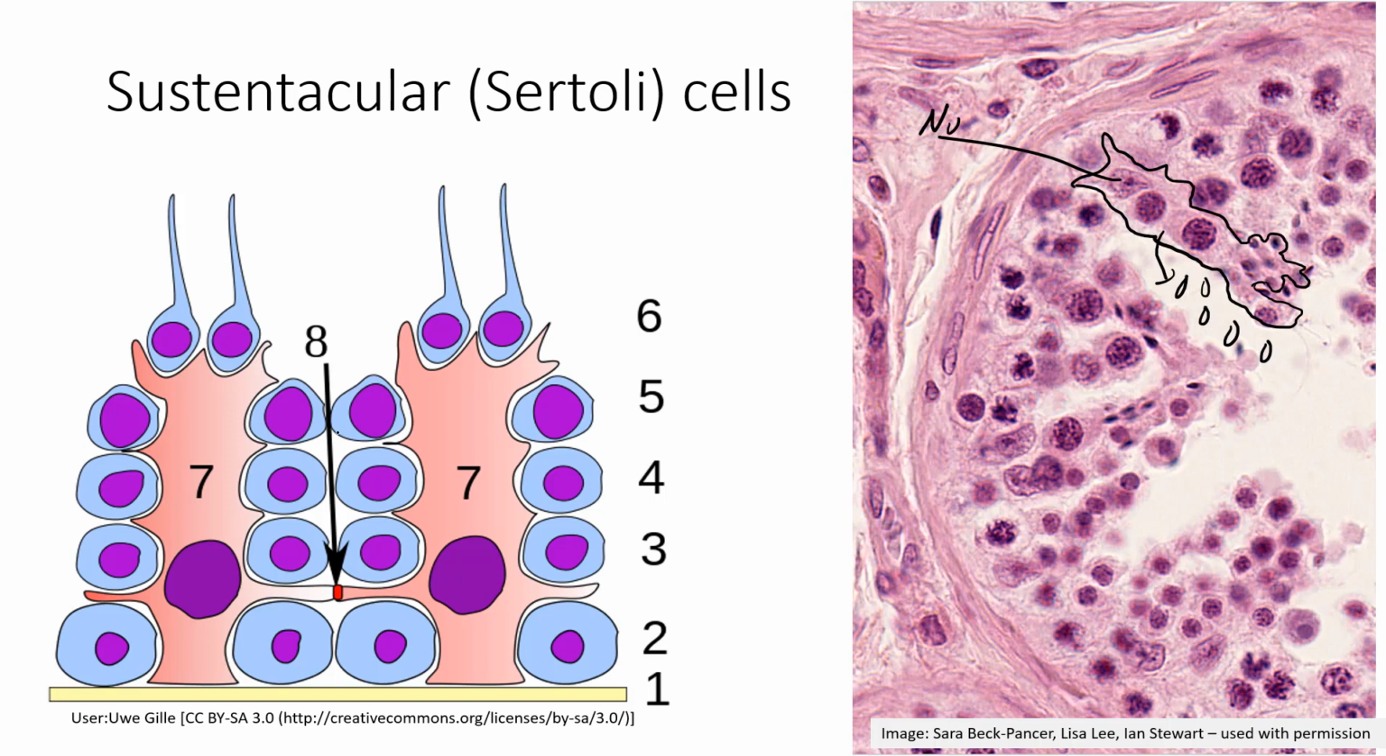If you look at that number 8 and follow the arrow down, you'll notice that these two Sertoli cells, number 7 and number 7 here, are attached to one another via a tight junction. Right there, there's a tight junction. Which means that everything on the other side of this dashed line, everything above the dashed line that I just drew, is separated from